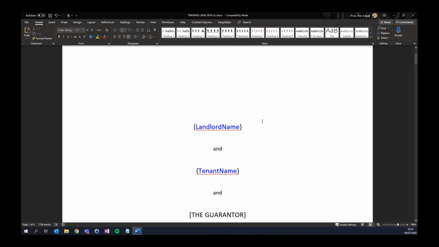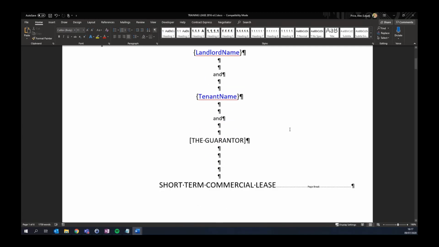So the goal of this webinar is really just to speed up your automation by taking advantage of a number of lesser known features that can be used within Contract Express. Some of these might seem really obvious to some of you, but just in case there are some newbies joining today, the first thing I would recommend is switching on the paragraph marker within Word. It might seem a bit busy on the screen, but once you get used to it, it's absolutely fine. And it really helps with identifying where you have things such as page or section breaks, which a lot of you might know